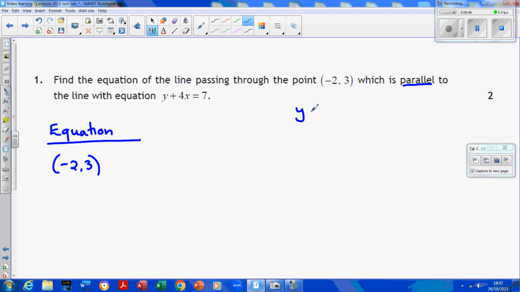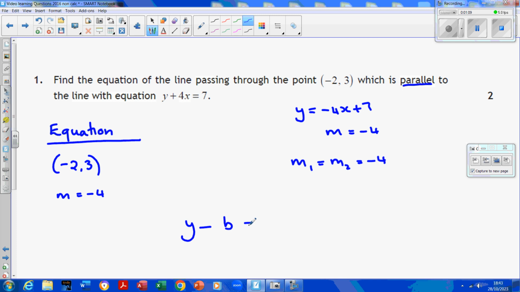So we make y equal to, take 4x away from both sides, and the plus 7 is there. So the gradient of that line is equal to minus 4. Parallel lines have the same gradient, so m1 equals m2 equals negative 4. So we've now got a gradient for that line. So we're back to y minus b is equal to m times x minus a. So therefore y minus b becomes y minus 3 is equal to minus 4 times x minus minus 2,